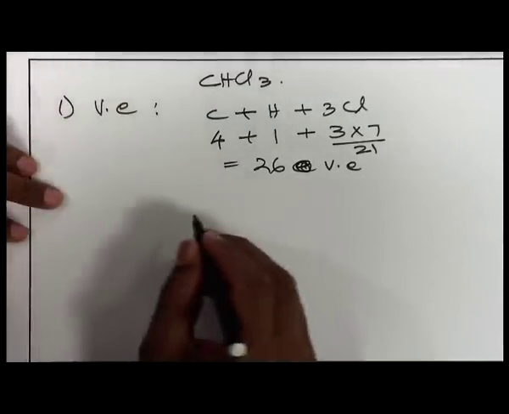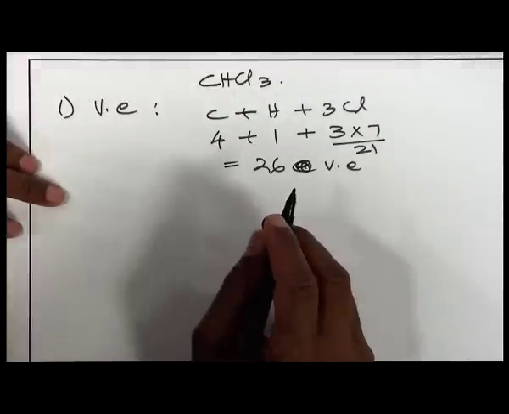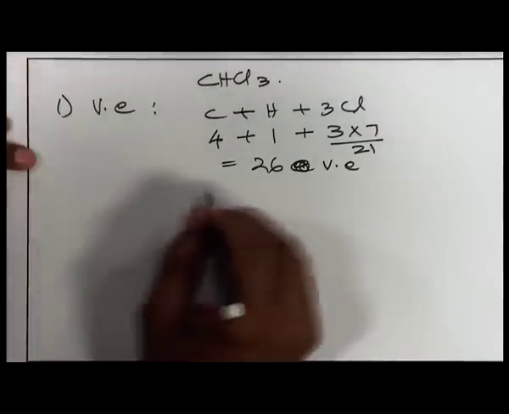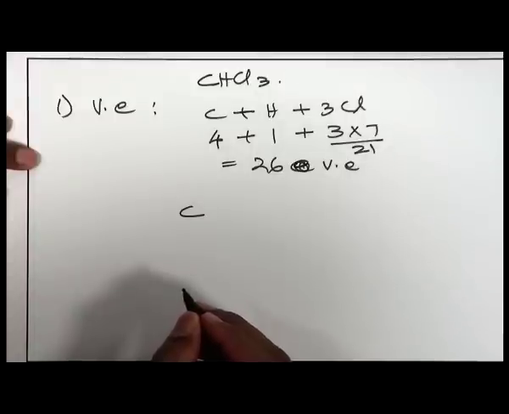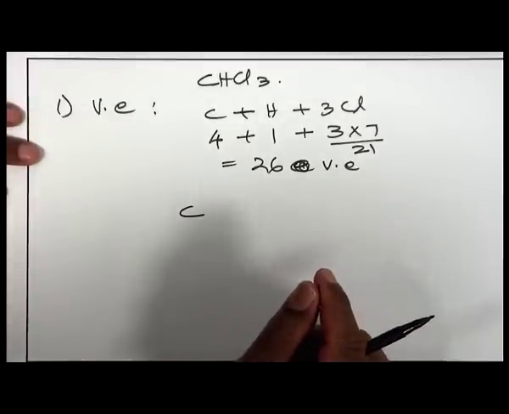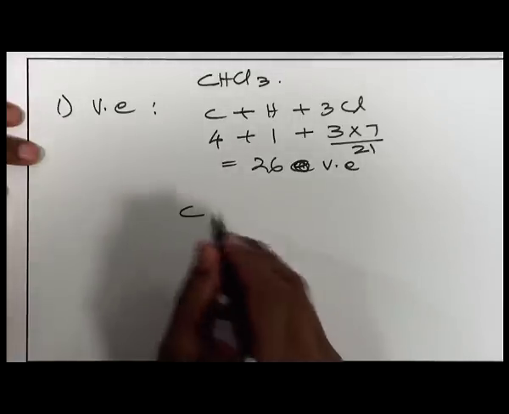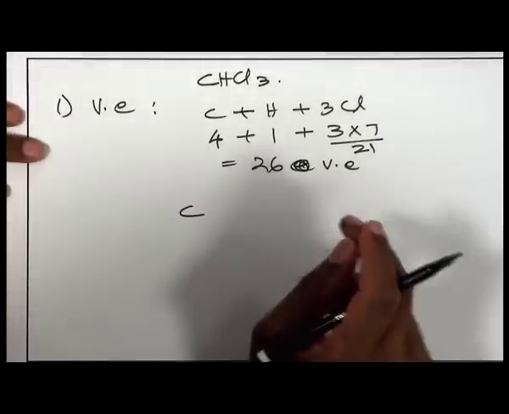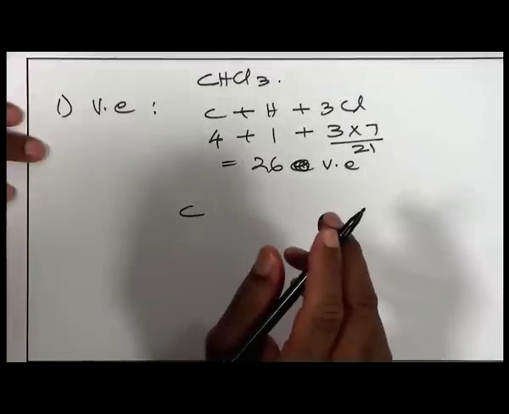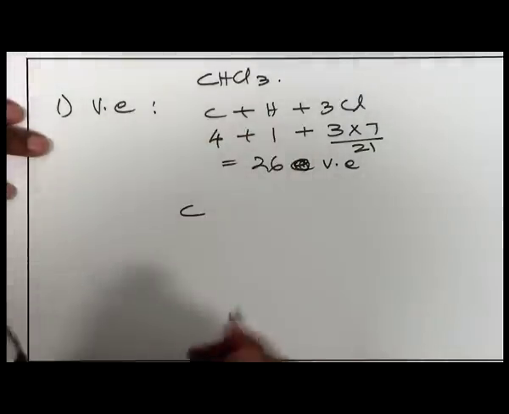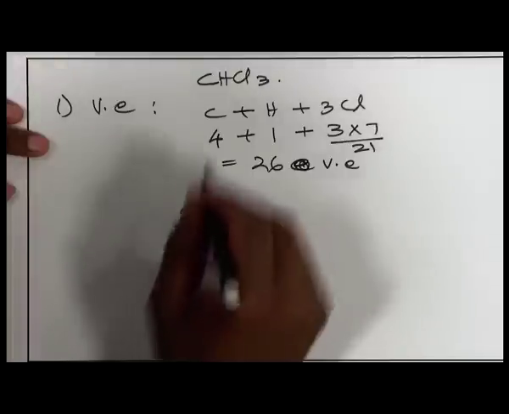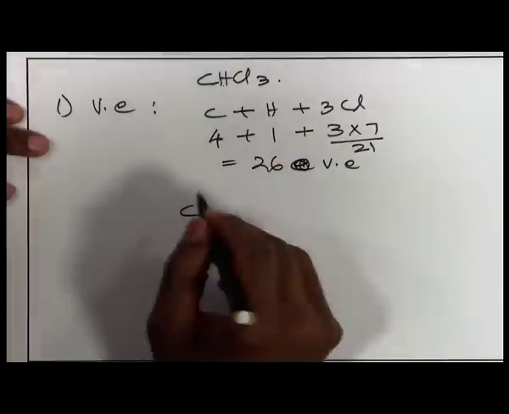Now you have to find out the central atom. That central atom is the carbon, because carbon has 4 unshared, unpaired electrons, so its bonding capacity is higher compared to other atoms here. So you have to arrange the remaining atoms, that is hydrogen and chlorine, around the central atom.